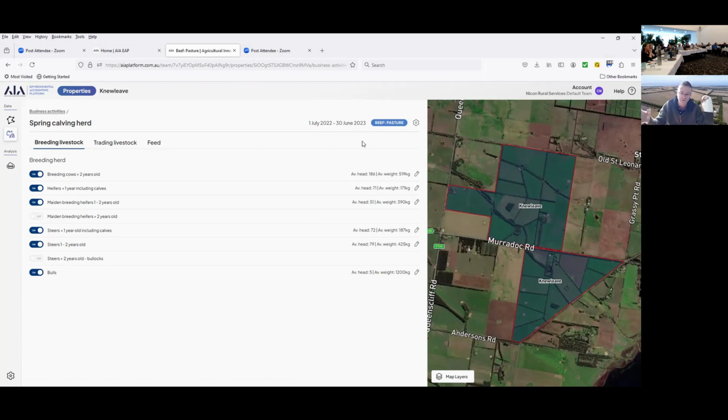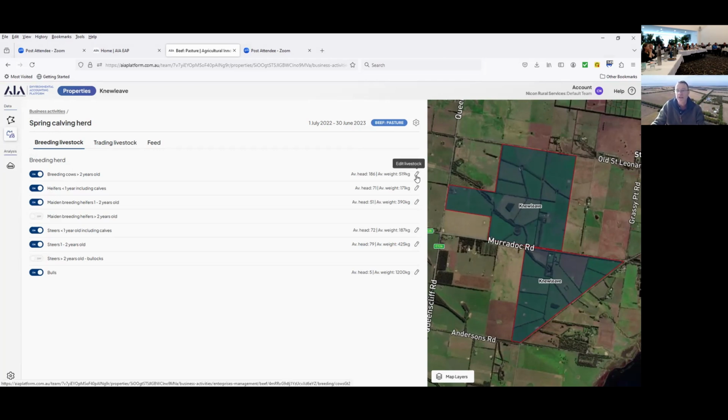So if you're at chooks and you were doing batches every 6 weeks or 8 weeks, you would be recording 6 or 8 week batches of each of those as they went through. You can turn on and off the different classes of livestock that you've got. Okay, but when you turn a class of livestock on, and in this case, this is the breeding side of